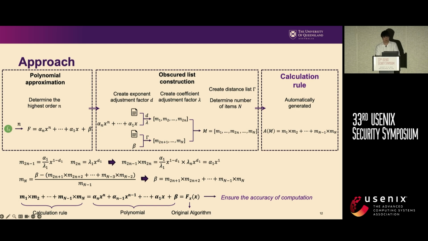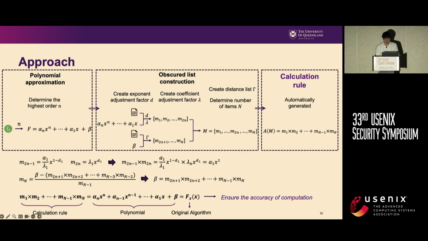So if we take a closer look at the M's in the square list, we will notice that when we multiply two adjacent M's generated from the non-constant terms, the result corresponds to a specific term in the polynomial. By summing these products together, we obtain a summation of the polynomial's non-constant terms. And for the constant terms, AlgoSpec ensures that the calculation involving the remaining M's yields a value equal to the beta, which is the